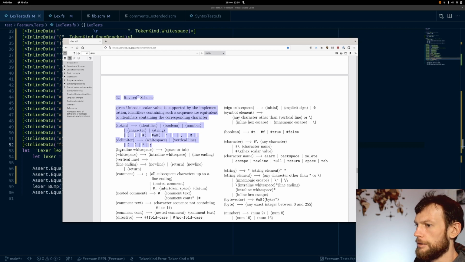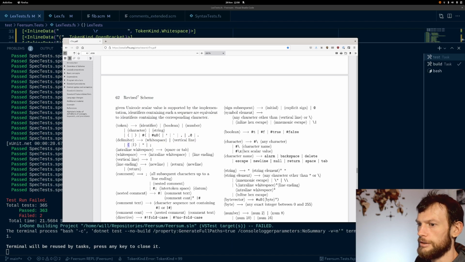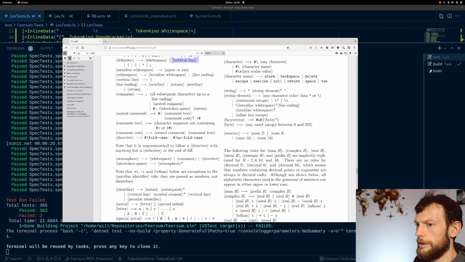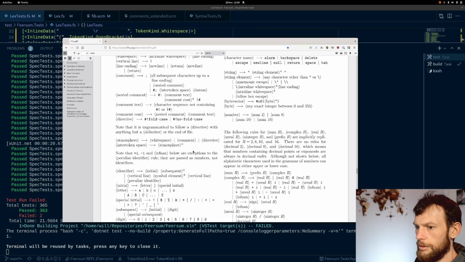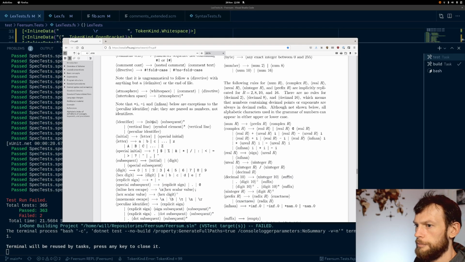Because these are the kinds of things that could signal a new token starting, because you're starting a form, or a string, or a comment. The vertical line is because you're going to start an identifier. And then identifiers are either initial or followed by subsequent. A vertical line, some symbol elements, or a vertical line, because you can quote identifiers by putting lines around them. Anything goes in the middle,